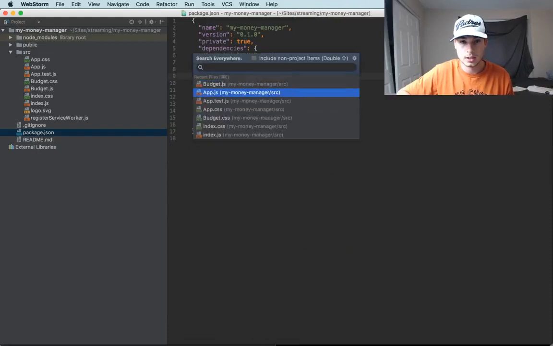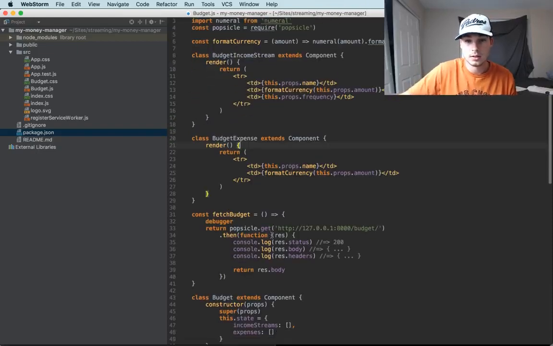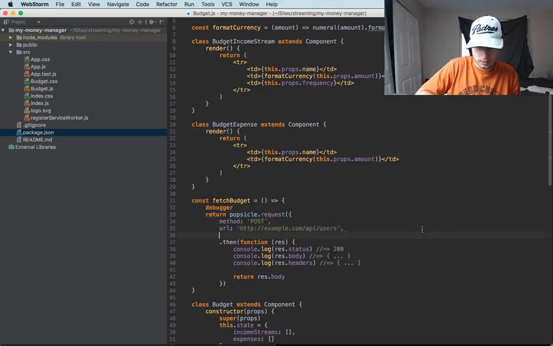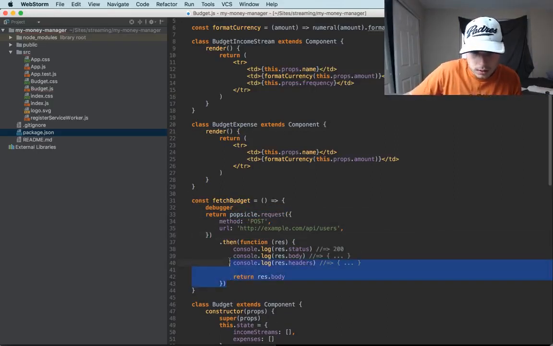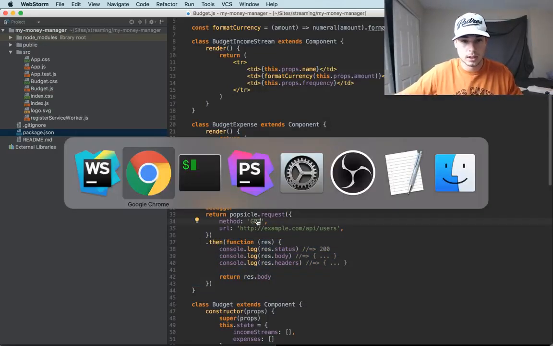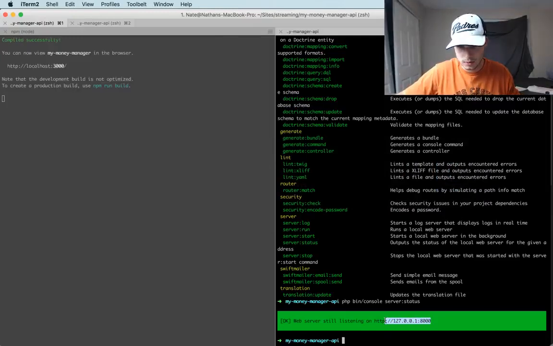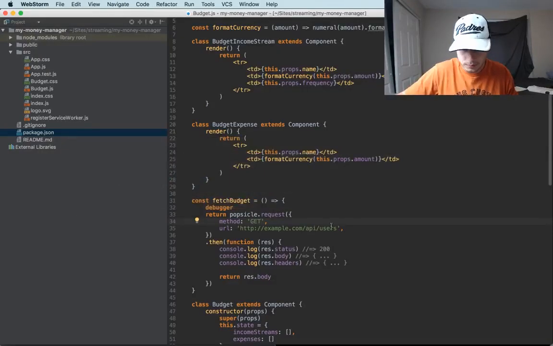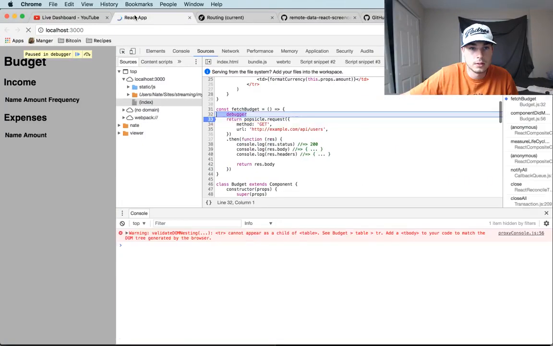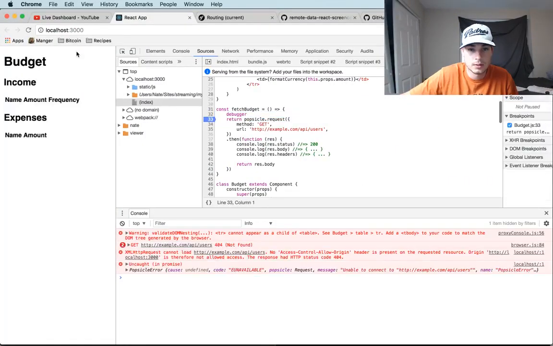Sad, but nobody has time for this. So in this one, we need to go back and get our base URL and budget. That's the name of the endpoint. See how this treats us. It's a little better. Okay, unable to connect to